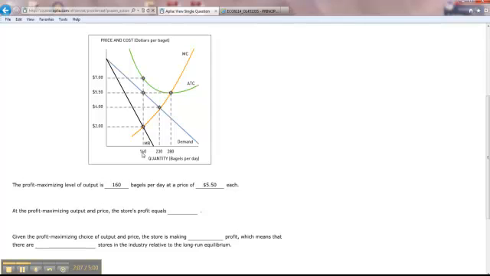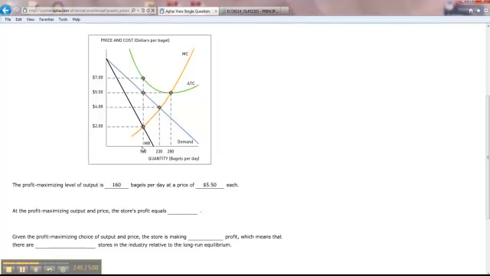Now the total cost is a little bit harder to come by because in this case we do not have the total cost curve. So to get the total cost where we're starting out at 160 units, we're going to draw the line all the way up to where it strikes the average total cost curve, because average total cost times quantity gives you total cost. So the cost of each unit is going to be $7 per unit. The quantity is still going to be 160. So 7 times 160